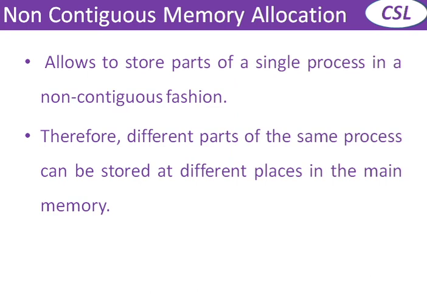So here, whatever process comes for allocation, that process's memory is calculated and the available space is calculated in the main memory. Suppose, for example, a process needs 10 MB, and 10 MB is available in total, but at one place 5 MB is available and at another place another 5 MB. The incoming 10 MB process is divided into two parts and each part is assigned at different places in the main memory. That is the concept of non-contiguous memory allocation.